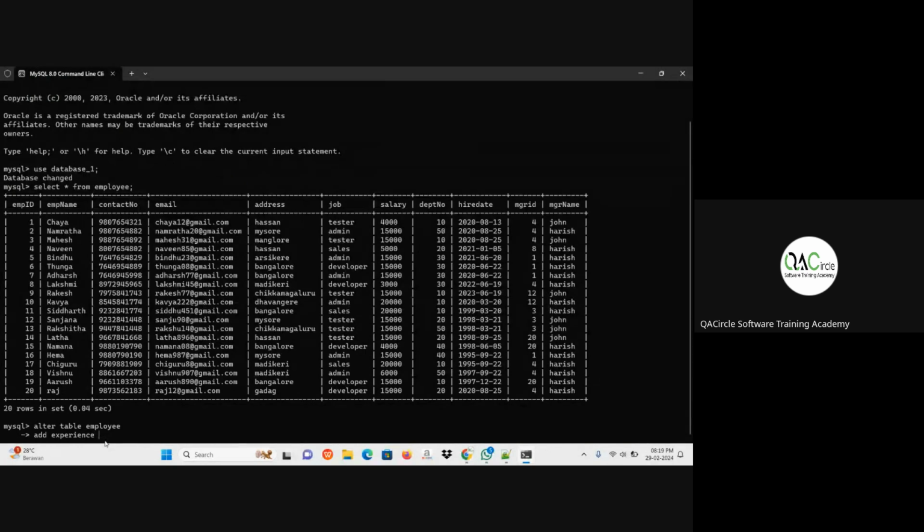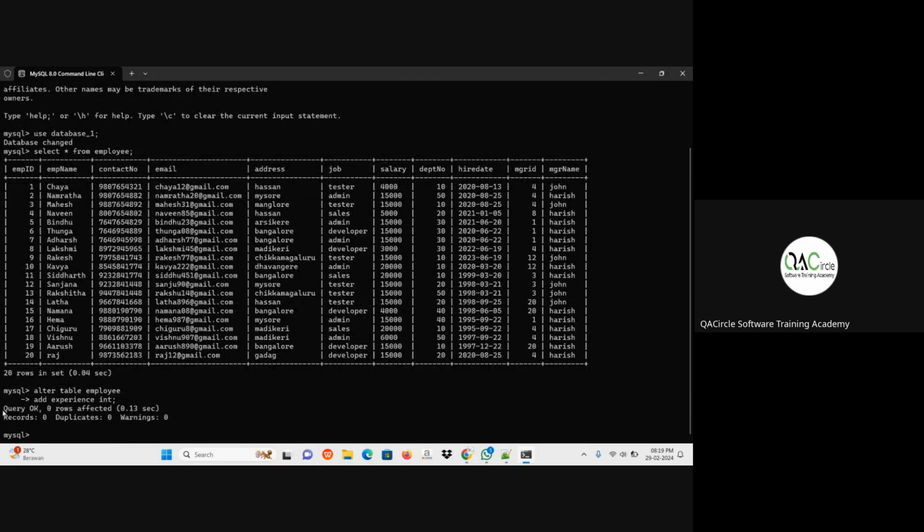Which data type should I use? Integer, int. Then if I need a constraint, I can use one, but now I'm just ignoring it. Okay, see, I got the query. There is no error in this query.